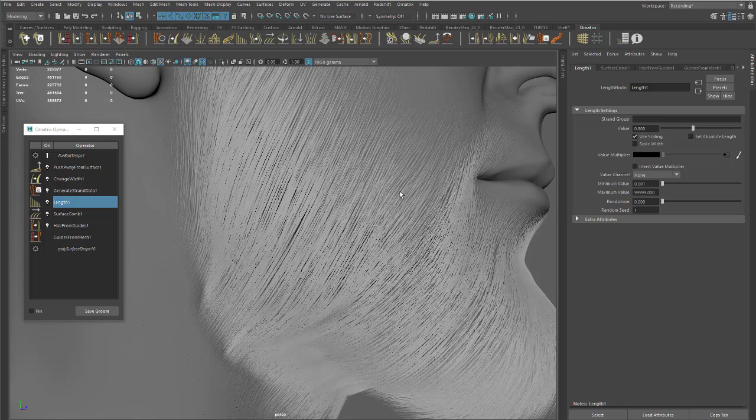So here in the length node, we have a minimum value, a maximum value, and a parameter to randomize between those two. So I'm going to increase this slowly